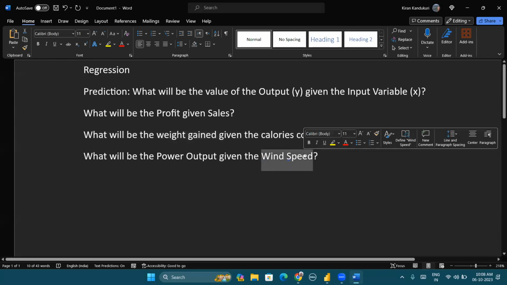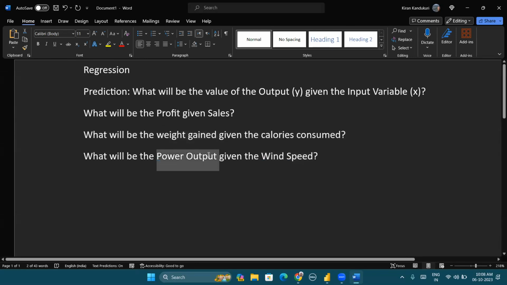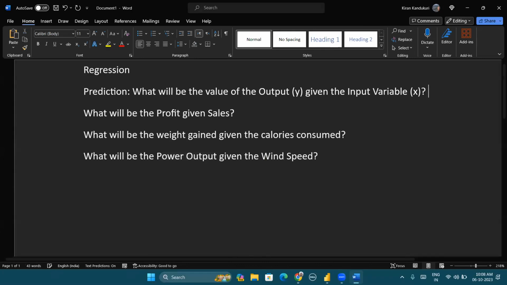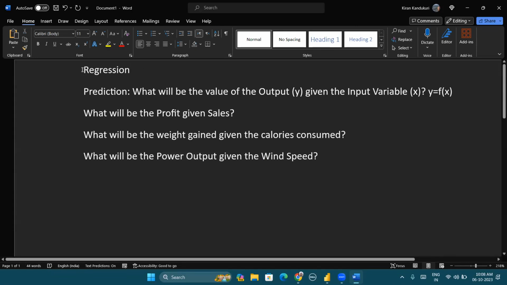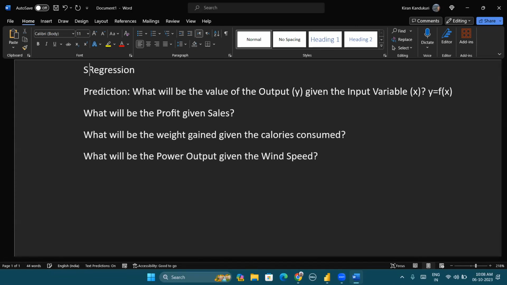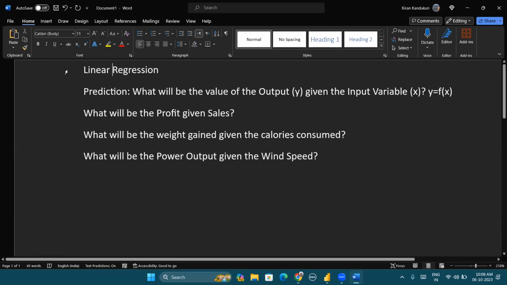So wind speed is the independent variable, whereas power generation will depend on the wind speed. So what we are trying to do here is express Y as a function of X, and we are going to perform linear regression for this. Linear regression is what we can do in Power BI. So that is what we will do. Whenever we are given questions in this format, where we have to estimate or predict the value of the output given some input,